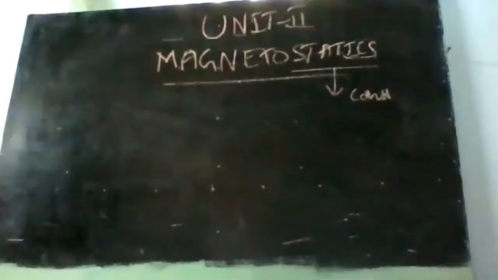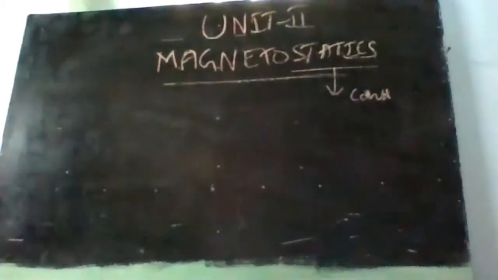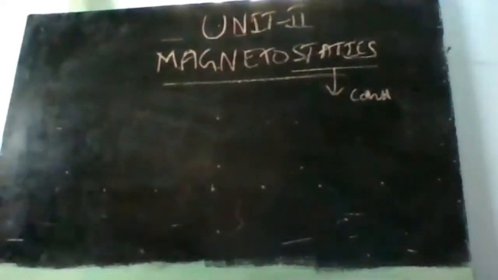In this unit, we will be studying how to measure the magnetic field strength at a point, same as in electrostatics. In the first unit, we studied the measurement of electrostatic fields. Here we are going to study the measurement of magnetic field which is static in nature. There are only two methods to study the magnetic field. One is Biot-Savart's law, which I think many of you know, and the second method is Ampere's law.